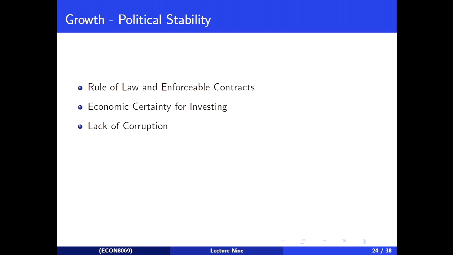I was looking to invest in some farmland in Australia, but actually to get that farmland, you have to know the person in charge of the water department or the agriculture department, and I don't know that person. And so the corruption stops growth from happening. So you want to have lack of corruption.